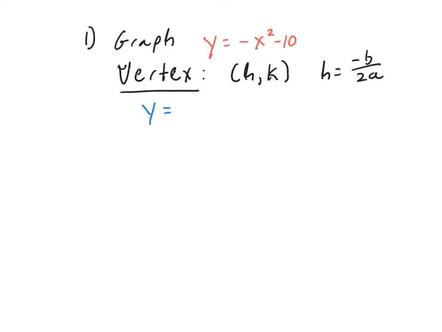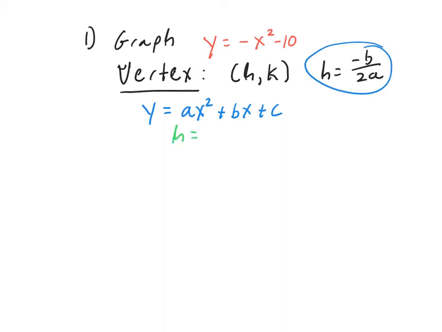So you get y equals ax squared plus bx plus c. And that's where the ABC comes from. So if we put that into our pattern up here, we'll get h